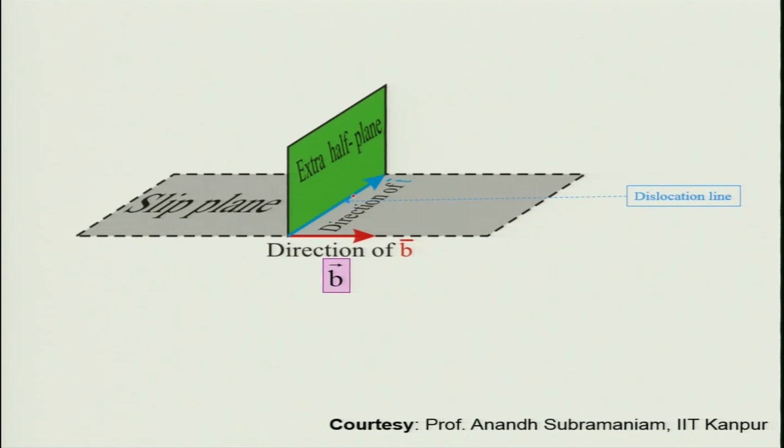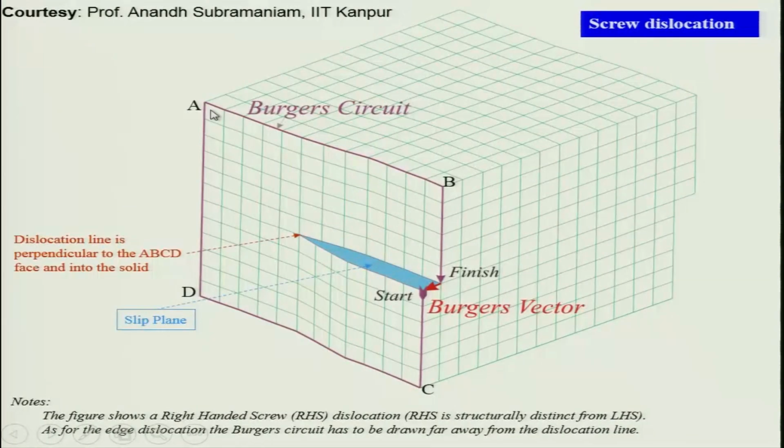So, this blue one is the dislocation line, and this dislocation line has a certain relation with respect to the Burgers vector. This is the applied stress tau. You can see that the Burgers vector is parallel to the applied stress, and both the Burgers vector and the applied stress are perpendicular to the dislocation line, and the dislocation line moves in the direction of the applied stress. This is for the edge dislocation. This is the screw dislocation. By the way, all these slides have been taken from Professor Anand Subramaniam, who has made very nice illustrations. They are available online as well.